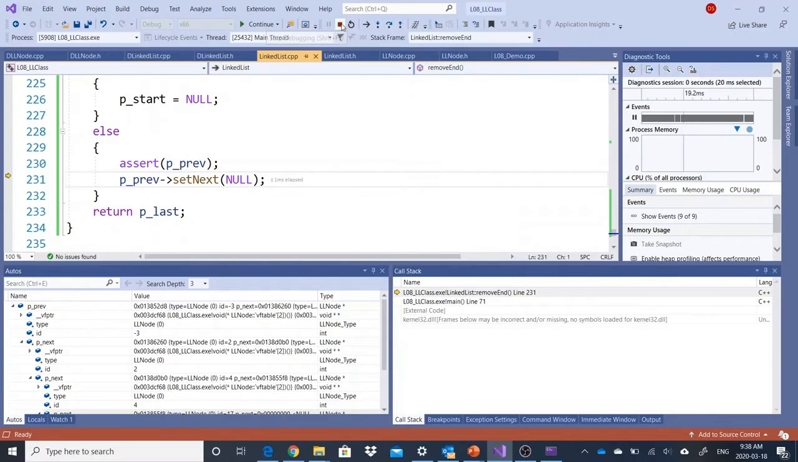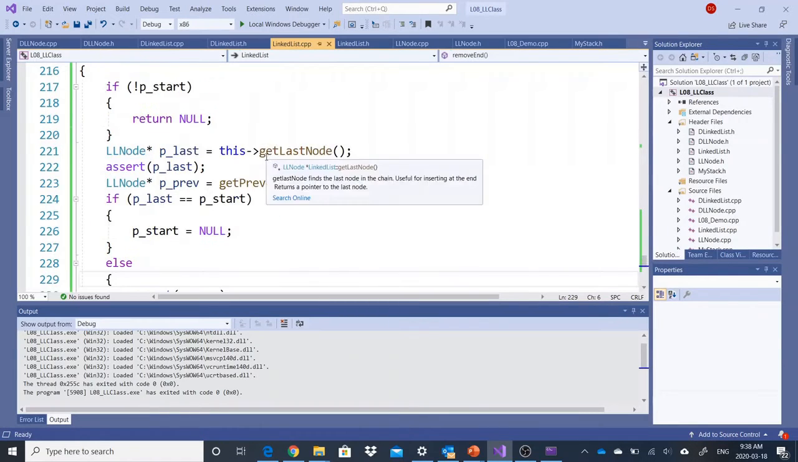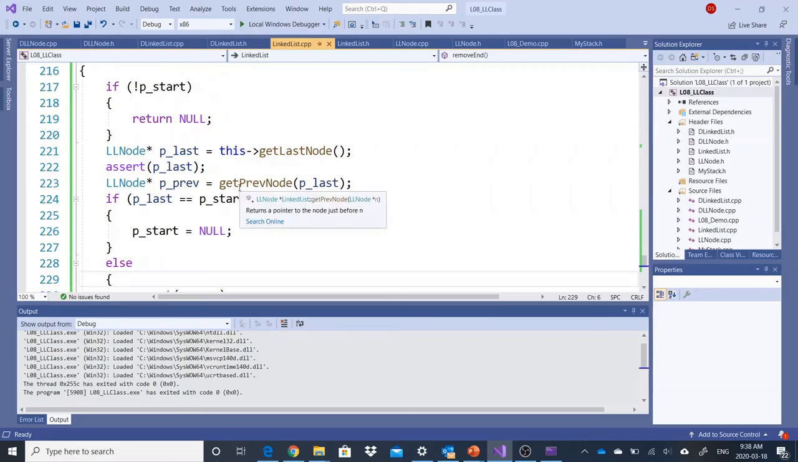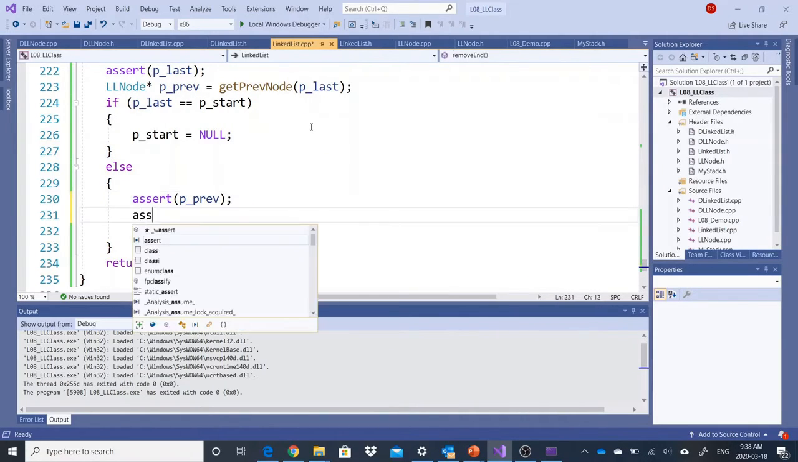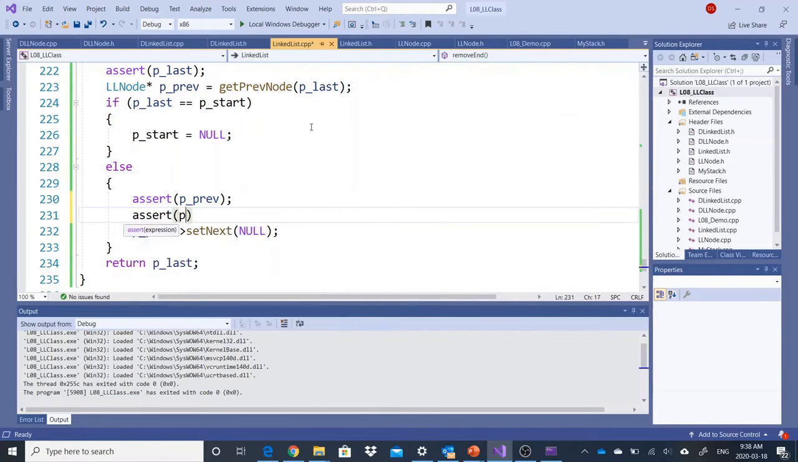I'm going to stop my program one more time. I'm going to add one more. So I'm going to get the previous, and if the last is equal to start, so that's only a single element or no elements. All right, I'm going to assert that there's a previous. Let's also assert that p previous get next